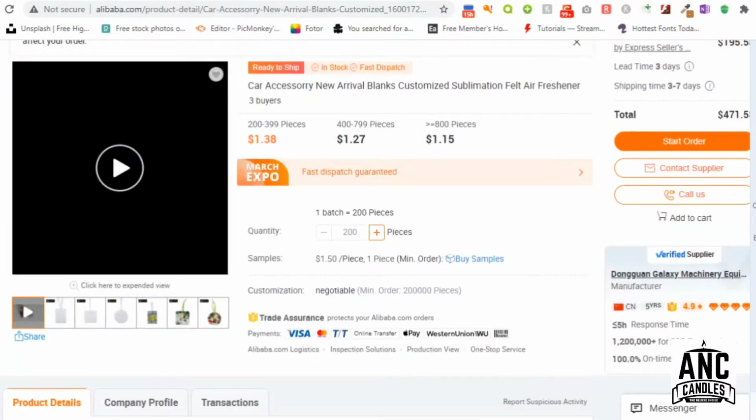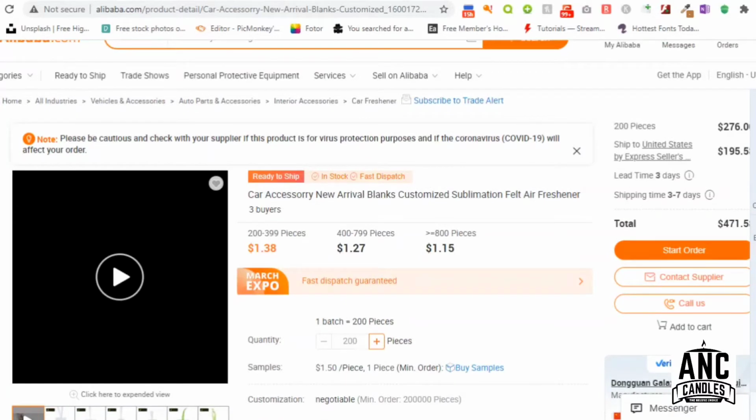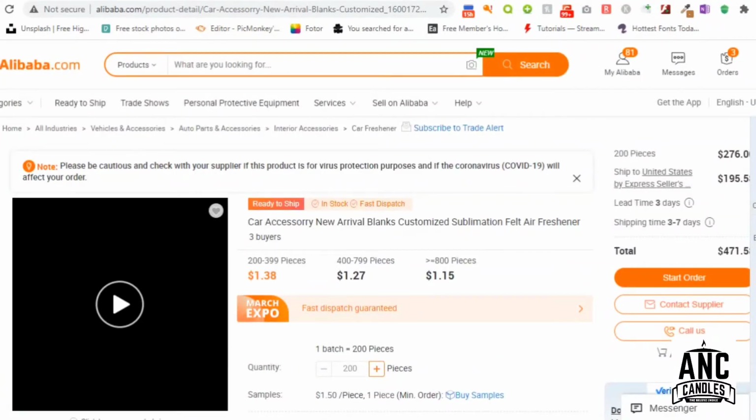So this is one way you can contact these people. You can chat with them, ask them about their minimum order quantity, and ask them about their shipping time, their turnaround time. Some of them will tell you 15 days, some will tell you 20 days, some will tell you 30 days to turn things around. And it's also based on the quantity you're buying. If you're buying like 100, it probably will take 15 days. If you're buying like 2,000, it might take 35 days